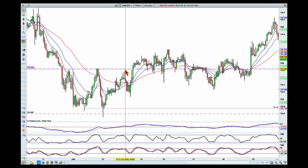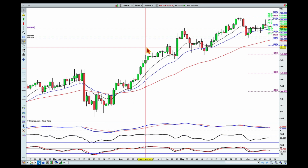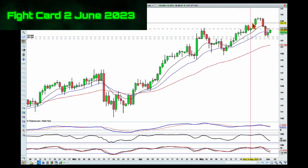So I was looking for an offense around this purple line, but from this point of view, that means my offense line starts here, my defense line sits here. It's a big move to look at. And if we quickly jump into the daily, I've mentioned, and I want to mark that through, that I'm looking for knockouts at this area, that consolidation area, before we drop to that low. As for knockouts, I'll be looking at the area underneath this 155,